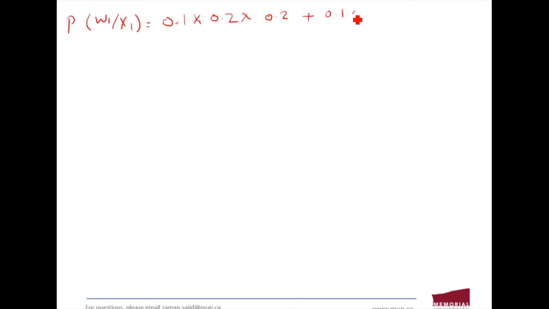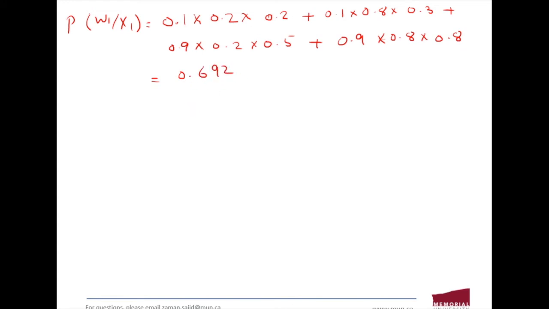It will be 0.1 multiplied by 0.8 multiplied by 0.3 plus 0.9 multiplied by 0.2 multiplied by 0.5. All these values are coming from the question, plus 0.9 times 0.8 multiplied by 0.8. So once you solve it, you will get the answer of